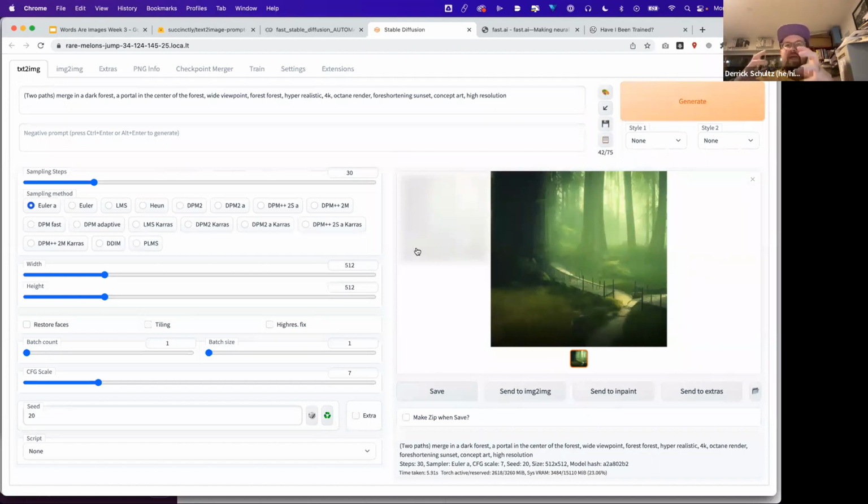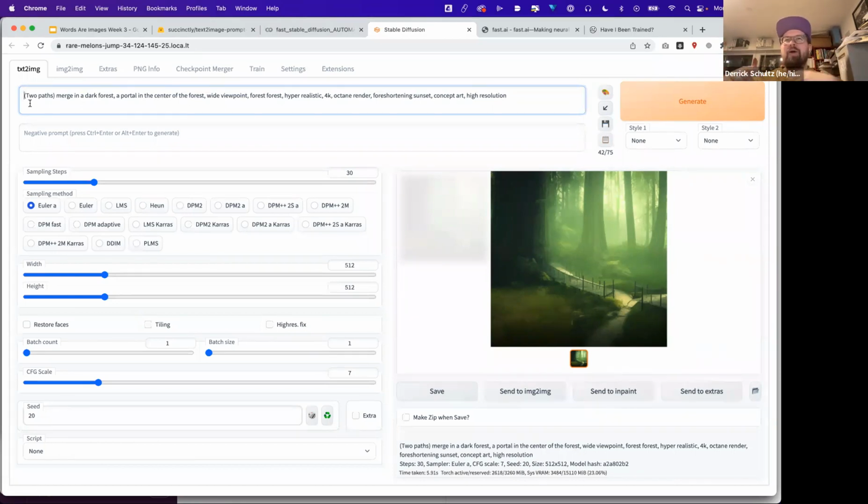And maybe, again, this is a way that I can start to play with this. I really like the look of this image, or maybe I like the colors, or the structure, but I'm still not getting exactly what I want object-wise. Now, if I'm still not getting two paths the way I want, you can wrap this in more brackets, and that makes it even stronger. Apparently, I believe in reading through documentation, one bracket gives it a weight of 1.1, so it's 1.1x stronger. You can wrap it in more brackets, and that does 1.1 times 1.1,